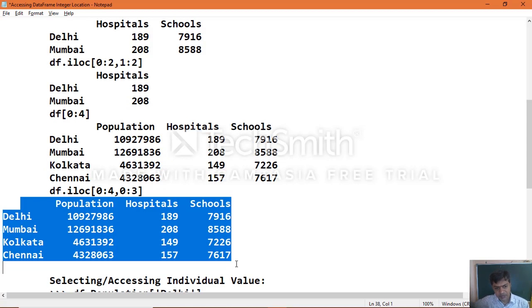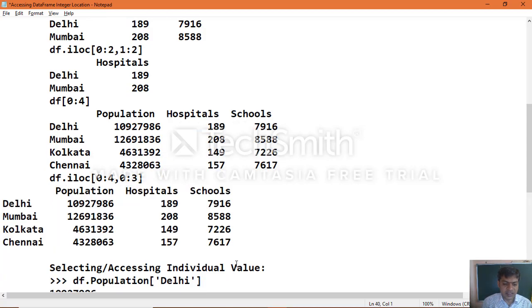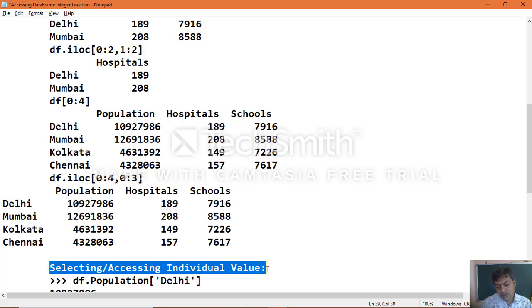Now we proceed the same way. We came to know how to use iLocation, which we call integer location. Another type is selecting or accessing an individual value. So far we came to know how to access rows or columns with the help of names, row label names and column label names, and then based on the index position, numeric index.